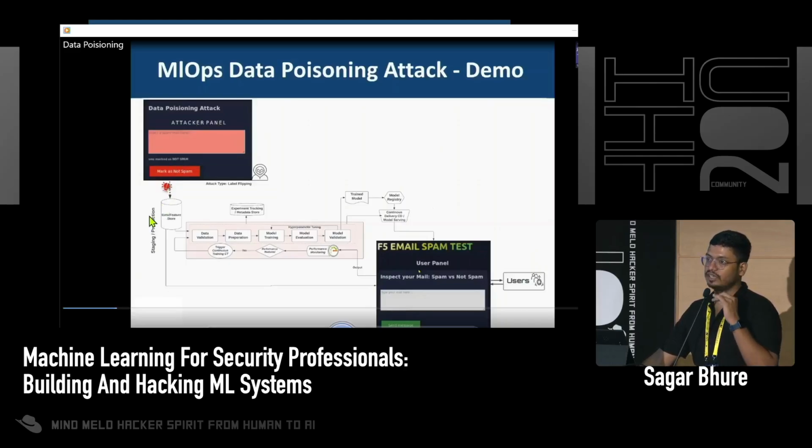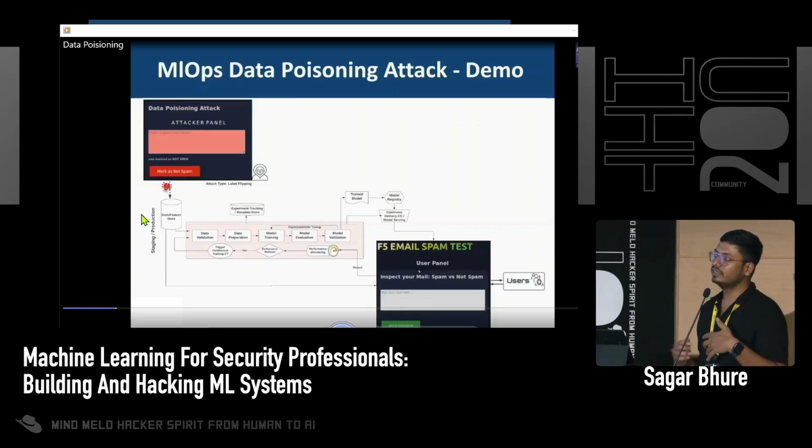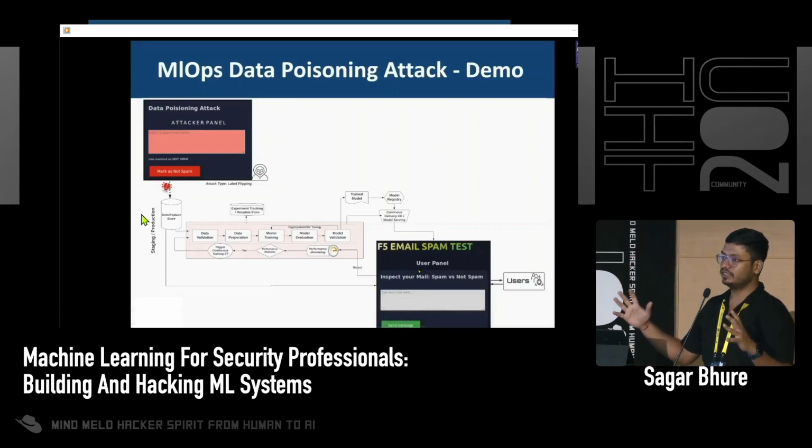flipping data poisoning attack. What is a label flipping data poisoning attack? Let's say we have a data set where every message is labeled as spam versus not spam. An attacker with access to the data set will just flip one label of the data set. Let's say there is a message calling free, click here with a tiny URL link. He will just flip that spam label to not spam, and the model will retrain on that poisoned data set